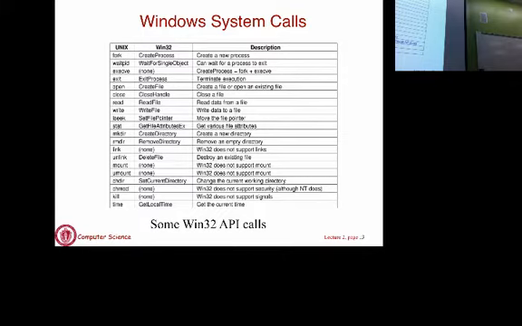So every operating system will support a set of system calls. That's how applications interact with the underlying OS, through system calls. So system calls are also the interface between end applications and the OS. That's the API that you use to talk to the OS. You can think of it as two different things: it's the API exported by the OS, and it's also the set of functions that applications invoke in order to perform privileged operations, and how the OS does those tasks on behalf of the applications.